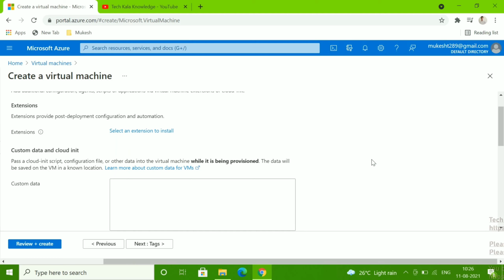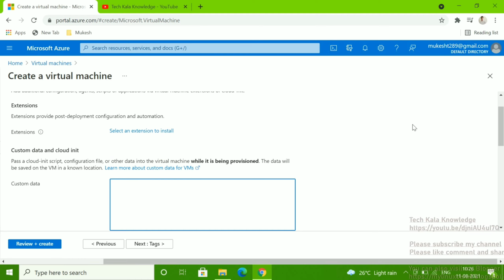In the advanced section, custom data means if you have any script, for example, when you are creating a virtual machine and you need to install Apache HTTPD at that time itself, then you can give the shell script here as custom data.